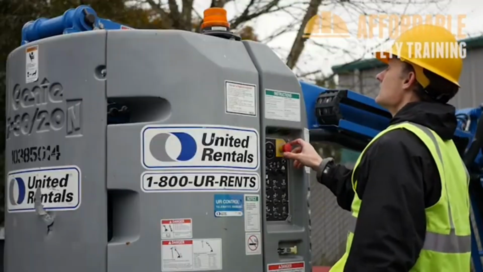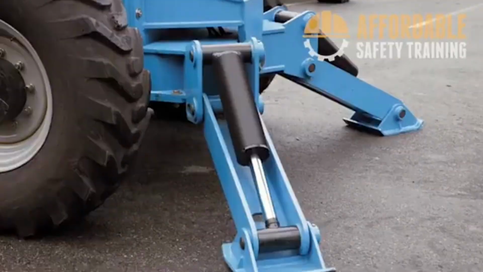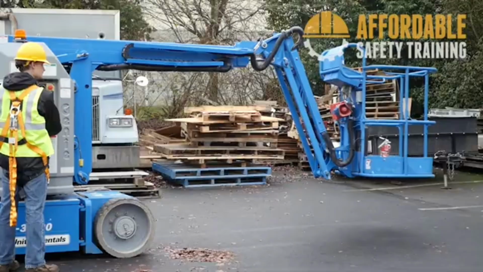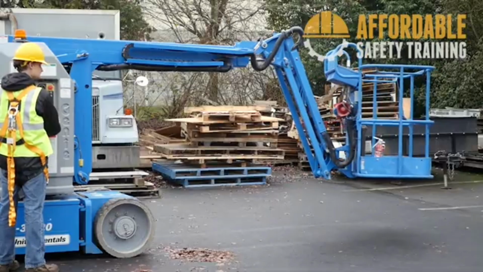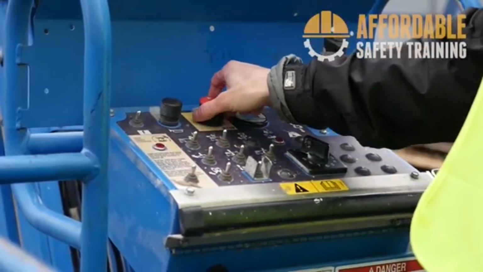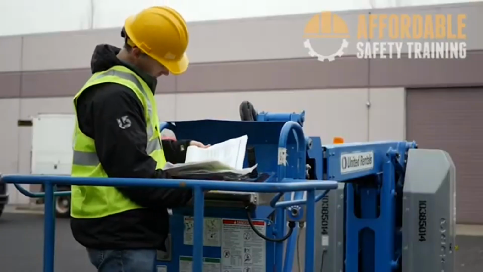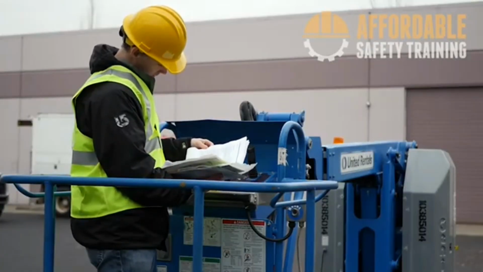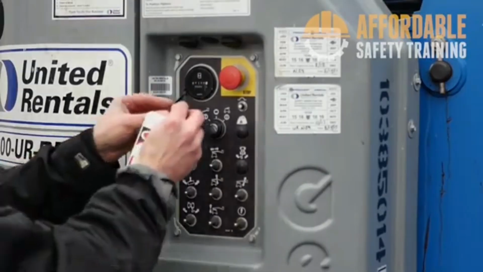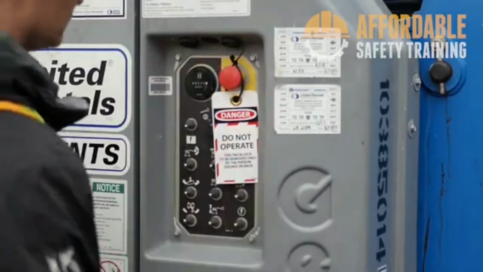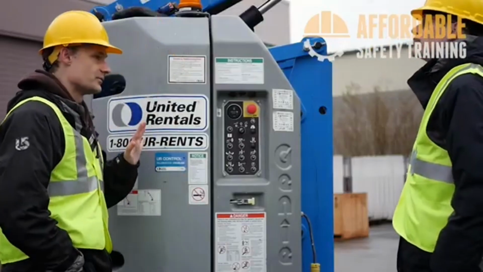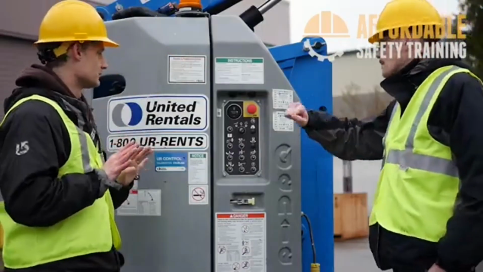Perform an operational test. Set up the aerial device for operation, including the stabilizers. Cycle each aerial device boom function through its complete range of motion. Check the functionality of emergency controls. Check the brake for proper operation and performance. The owner's manual will have additional inspection items that are specific to the vehicle. Be sure to include these items on the inspection. If the aerial device does not pass inspection, remove it from service, and notify a supervisor. All unsafe items must be replaced, or repaired, before the device is placed back in service.